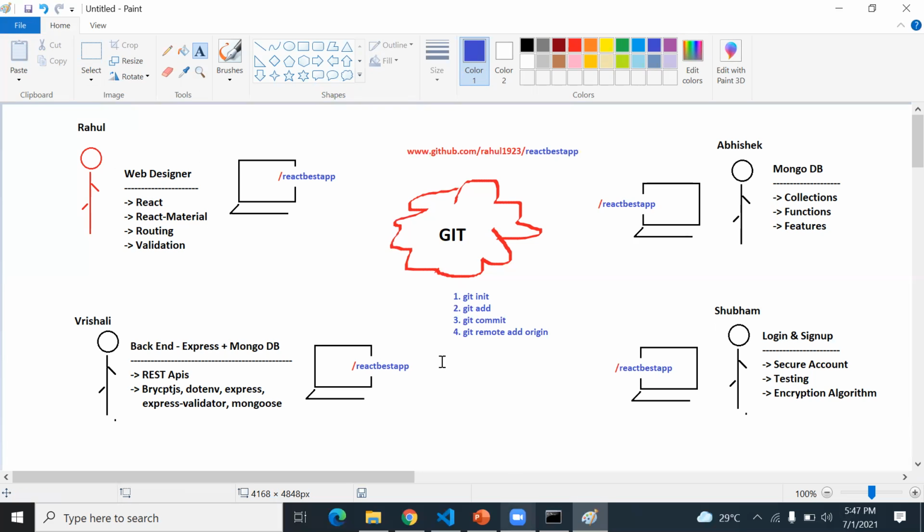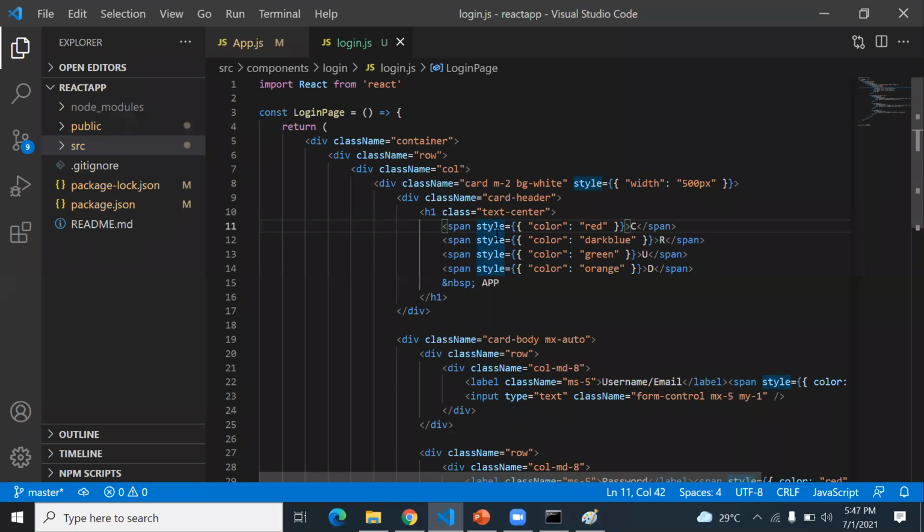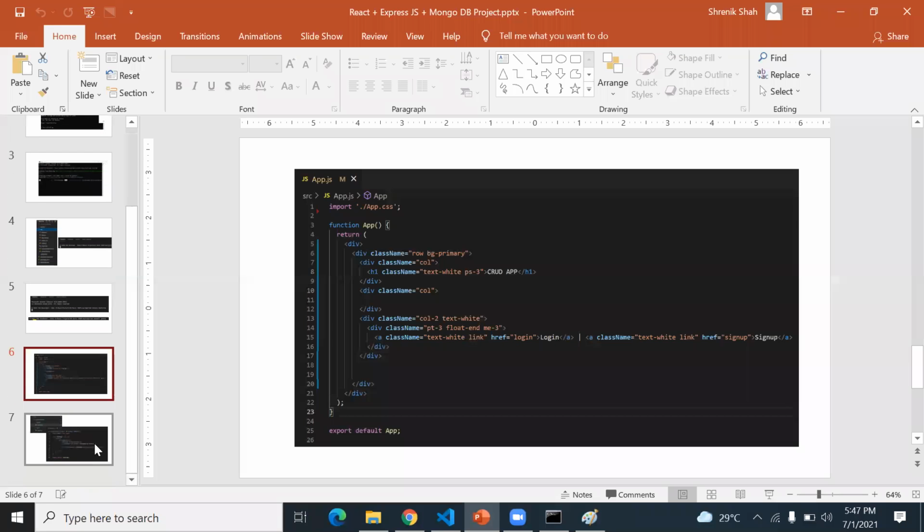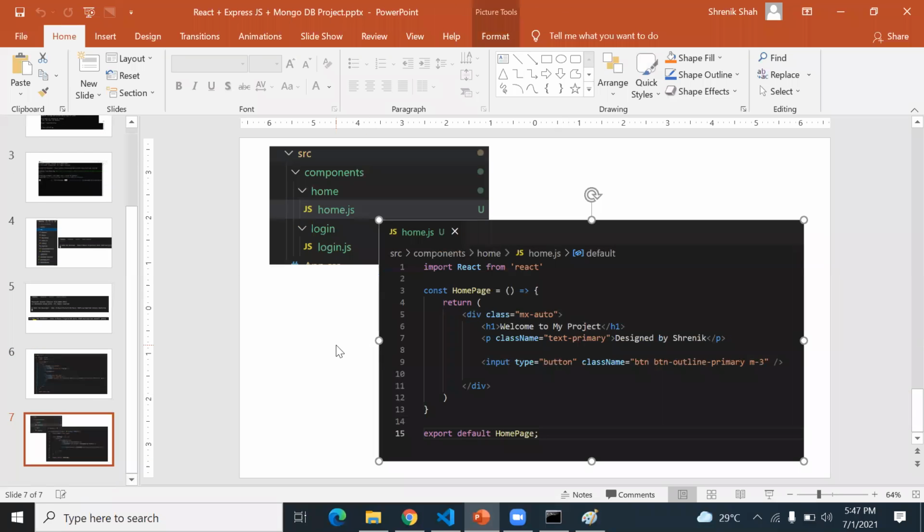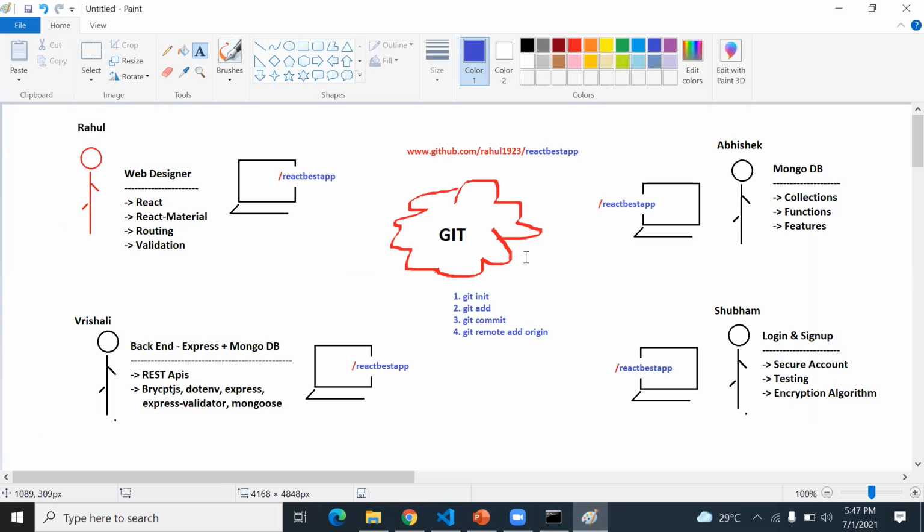Like me, day by day I'm doing something new in my project. So if every day I go with a screenshot for the PPT file like this, it's not that handy to learn the project. So GitHub will help you to see the day by day log, not only day by day, second by second also you will see what are the changes in the project.